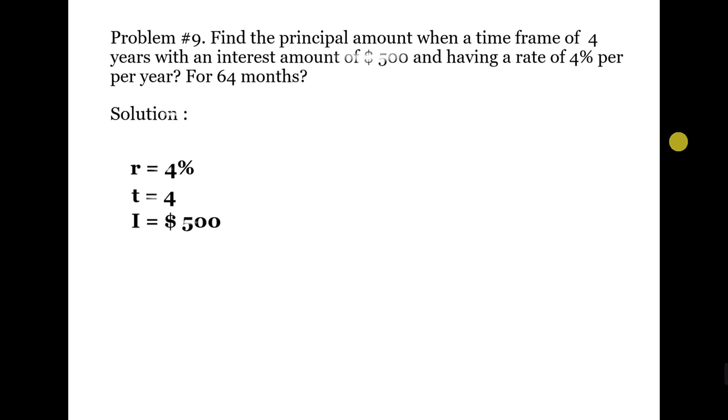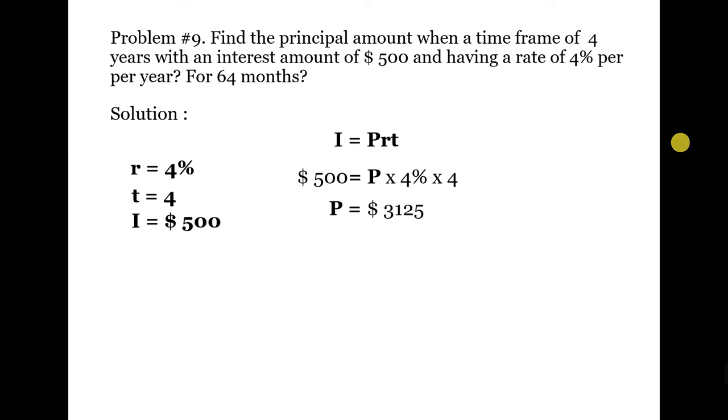How about a ninth problem? Find the principal amount when a time frame of 4 years with an interest amount of $500 and having a rate of 4% per year. And how about for 64 months? By using simple interest formula, we can directly substitute the values to the given for the time frame of 4 years, and the result will be equal to